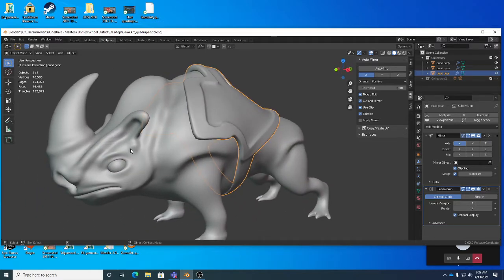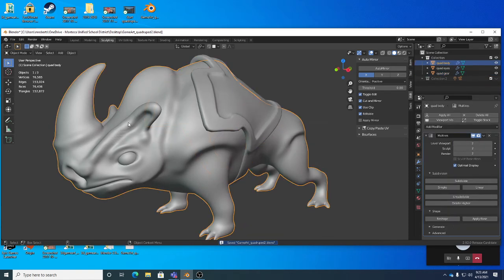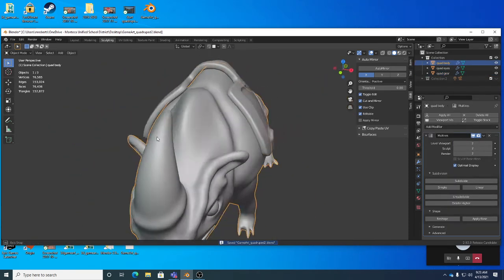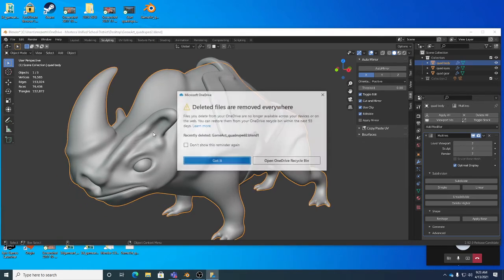But let's start to explore the retopoing for this guy right here, because that's kind of an important phase we're in. So let me save that. So I'm going to go click on this body, and what I want to do now,